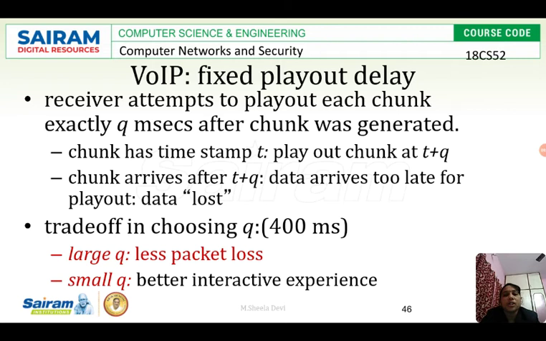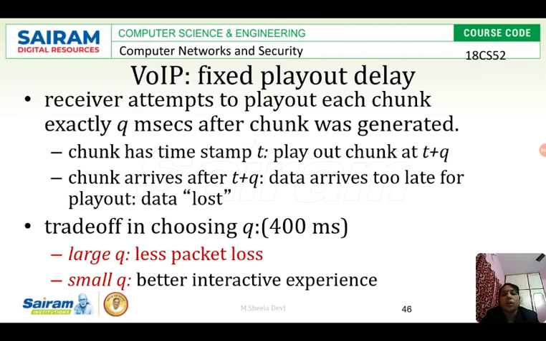So how can we decide this q value? I said simply 5 minutes. How can we decide this? If I want to have continuous playout without any delay or without any packet loss, then I should increase this 5 minutes to 10 minutes, so that so much data will be buffered and there will not be any packet loss. But what will happen if q value is high? Packet loss will be less.